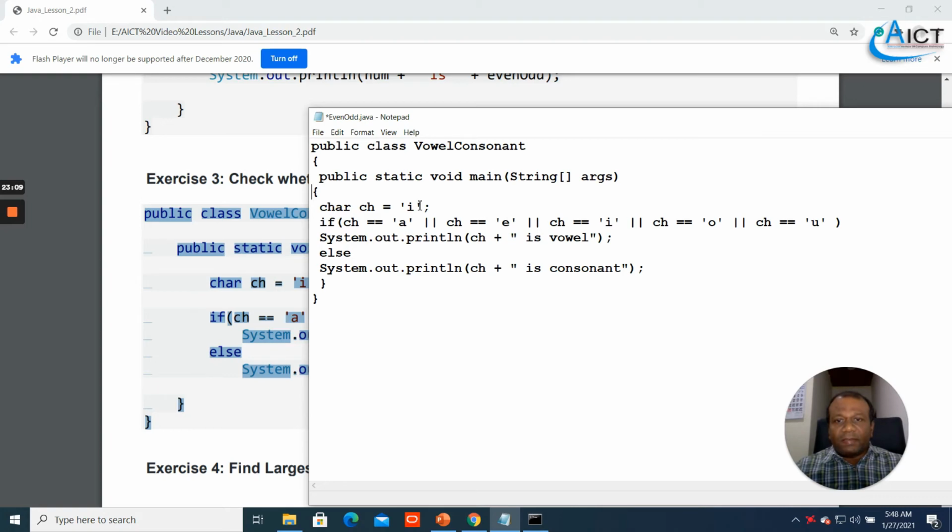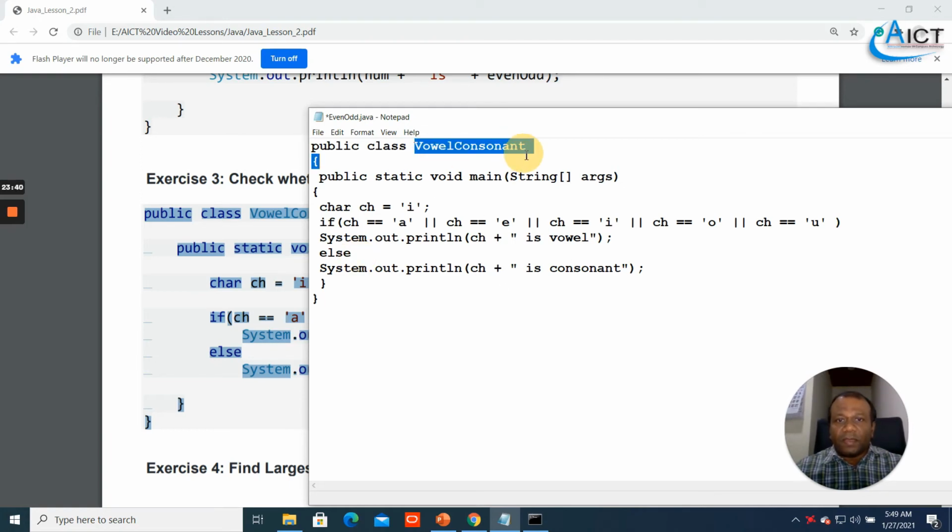So here, straight away we are assigning the letter I. So char is the data type. ch, the variable name, assigning a value I. And you are checking if ch is equal to A, and you are using the logical operator OR. ch is equal to E, OR ch is equal to I, ch is equal to O or U. So System.out.println ch is a vowel. Else System.out.println ch is a consonant.